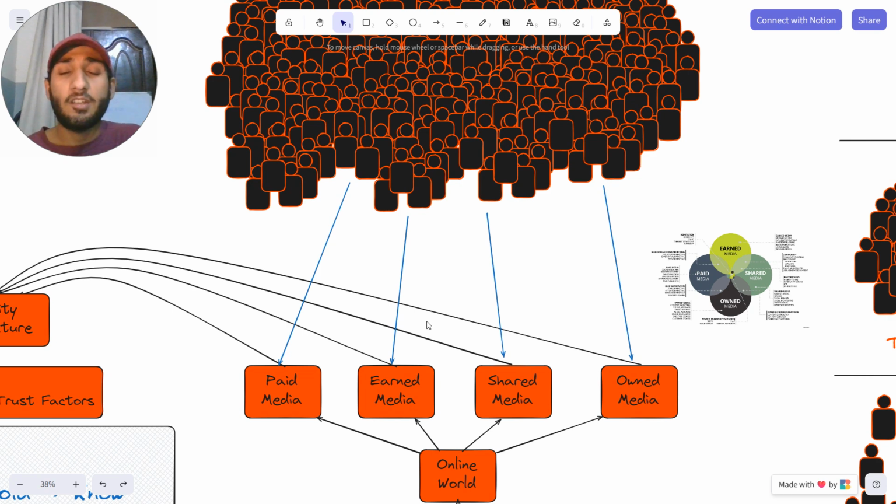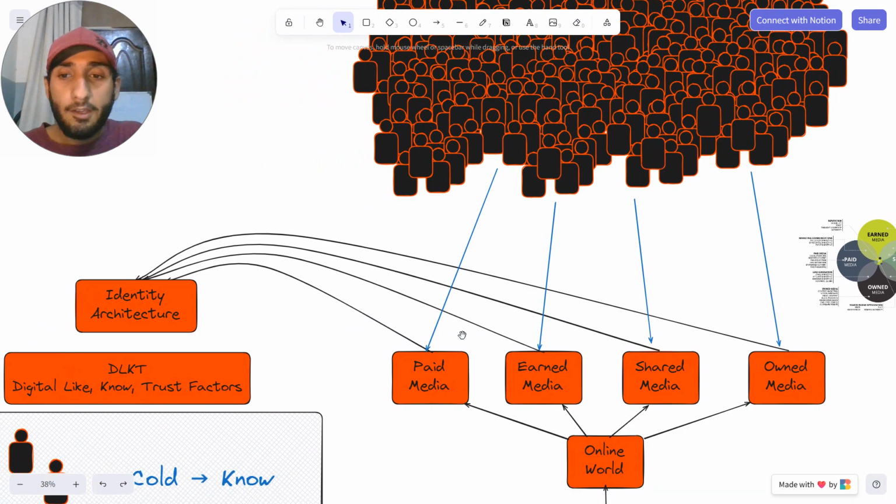Okay, what is actually going on that platform. And in earned media and in paid media you also attract more people from the online world. But if you produce all of this media and your identity architecture is broken, then I am sorry to say that